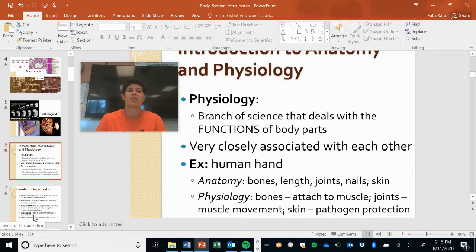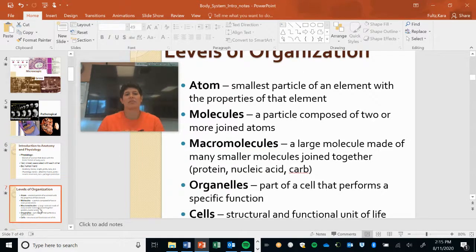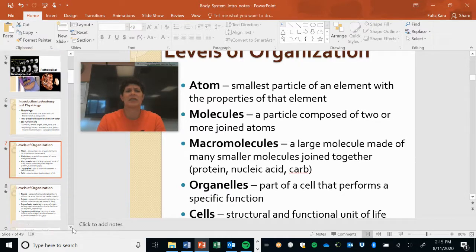Whereas my bone is the part, the physiology or the function of that part is that it gives me strength and support. It's a connection for muscles. So when we're looking at these different things, we're looking at how our body kind of organizes the different parts. We start with atoms and molecules, but that eventually builds to cells. And so we don't talk too much smaller than cells in anatomy and physiology because we're kind of focused on